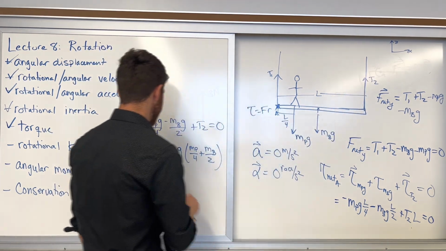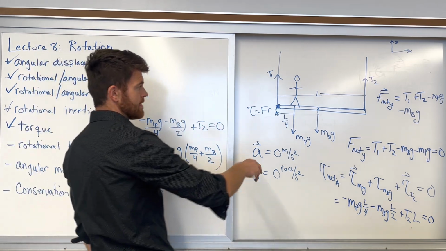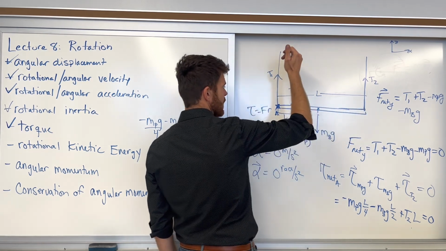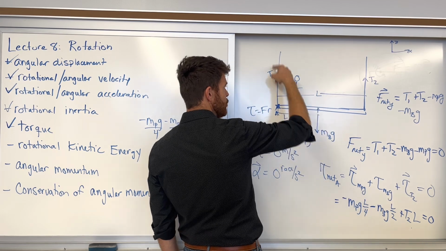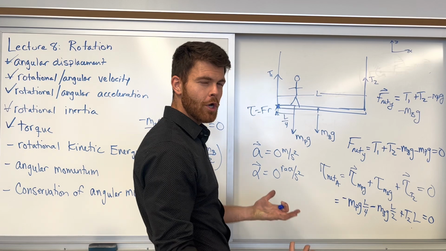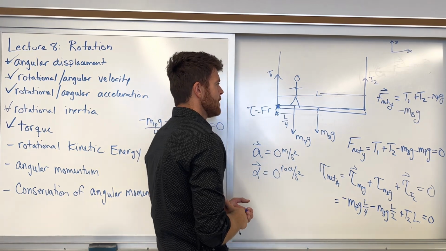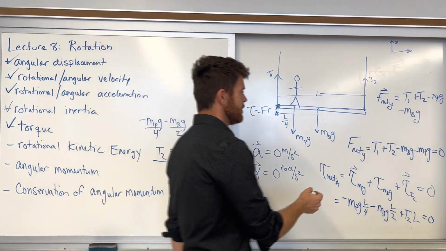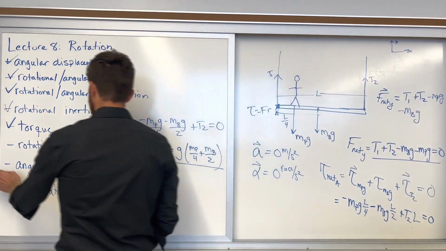Because I have the tension T2 from applying the sum of all torque about A, I could have also found the sum of all torque about the other point and found T1. But if I try to find the sum of all torque about that point, I have two unknown forces, T1 and T2, providing torques, and I'll have two unknowns in the equation, which will be hard to solve. But now that I have T2, I could plug it into this equation to find T1. And if I do that,